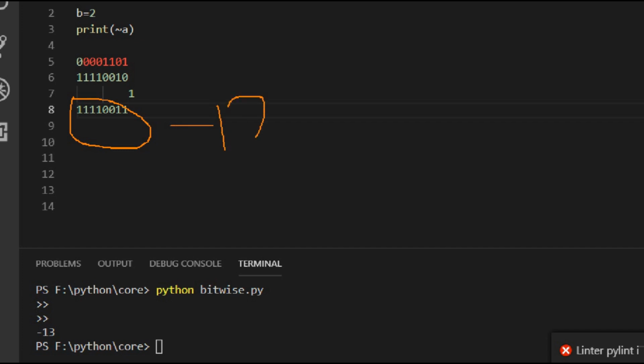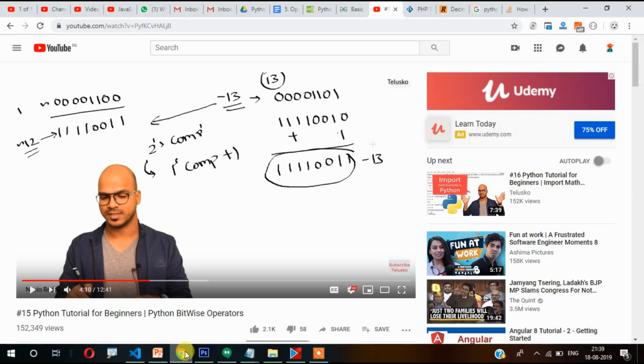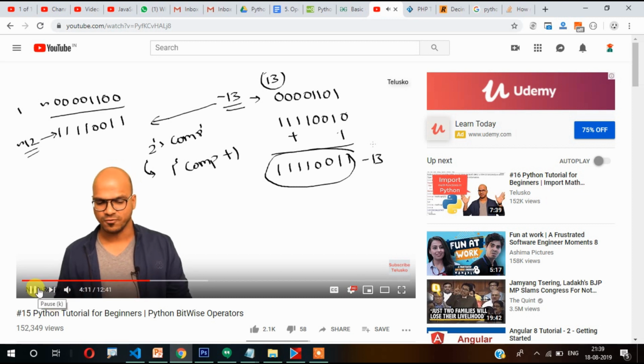So this represents the 12, and this one is the 2's complement of minus 13. And now if you compare this number with the complement of 12, they are the same, and that's why you got